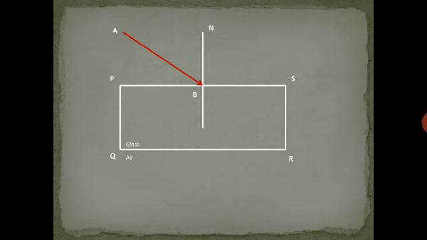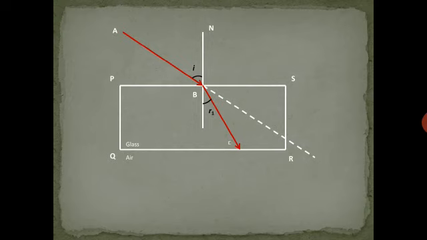We have to mark the angle of incidence denoted by small i, which is the angle made by the incident ray with the normal. Now imagine if the glass slab is not there, then this ray would have passed straight. This is an imaginary line, hence we draw it with dotted lines. But due to the glass slab, the light ray gets refracted and bends towards the normal. It makes an angle of refraction R1 with the normal that we marked.